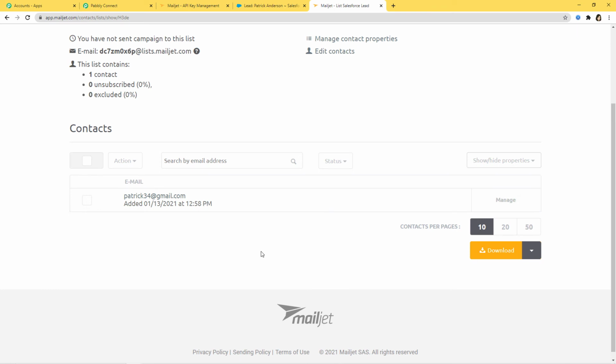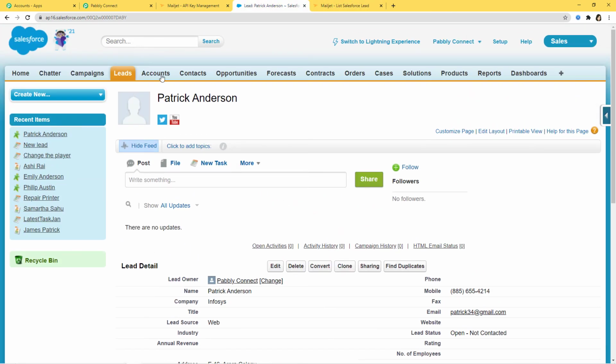Now I'm going to show you this process again with one more example so that you can understand how this integration takes place in real time. So I'll go back to my Salesforce account and I'm going to add new lead over here.